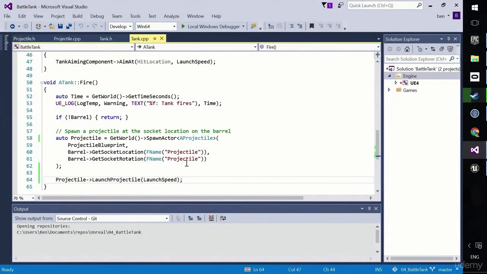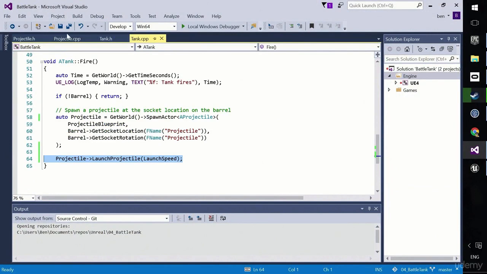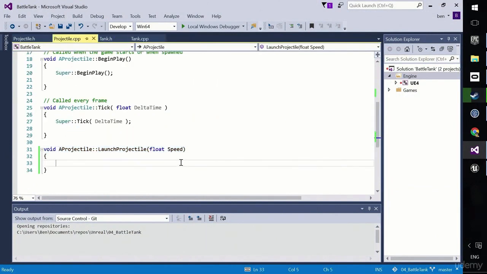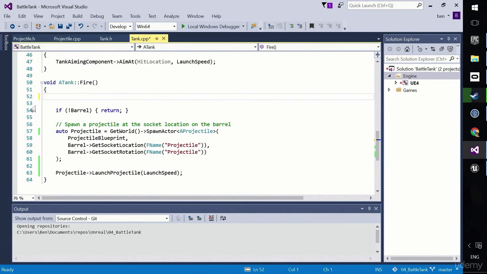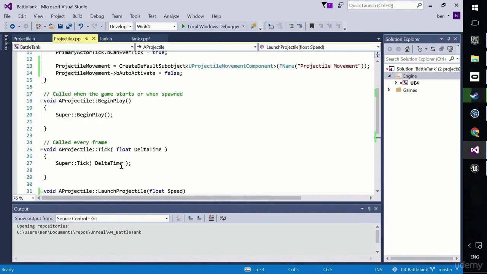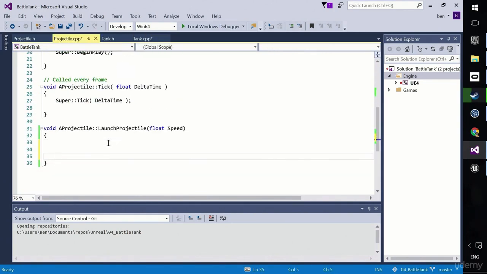So as a recap, while it compiles, we're sending launch projectile through to the projectile code, which is doing nothing yet, but we can soon sort that out. Let me move my logs in here from the tank firing. This log here, let's just move it so there's nothing in the tank CPP, into the projectile, and just say,